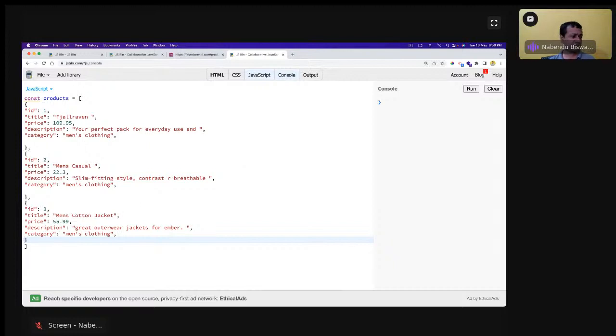Suppose I want to get the prices of all of them. How do I get the prices of all of them? The normal way is to go for a for loop, for let i equal to 0,